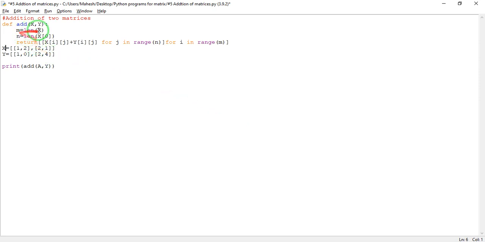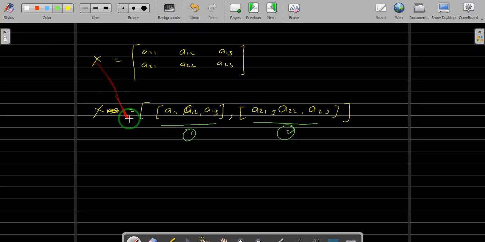So this m stands for the number of rows, and of course, as we have just discussed, to add two matrices, the number of rows and columns in x and y has to be same. We will do the changes here and we will see what error we will get. Okay, so m is the number of rows. Now what does length of x bracket 0 stand for? It means you take the first element, the first vector of this, that is the zeroth. In Python, the first means 0.